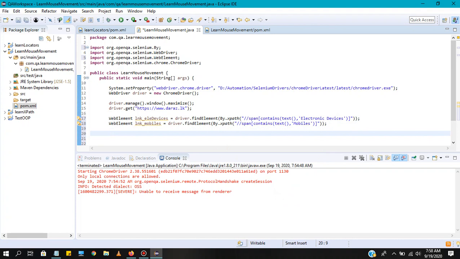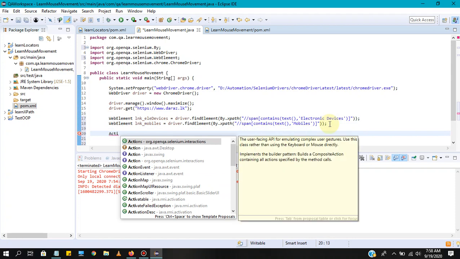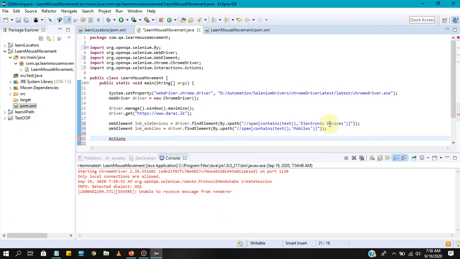Now we need to use the Actions class provided by Selenium, right? So just type Actions, AC, hit control space, you will get this Actions option. This will be provided by Selenium. Just hit enter, Actions action equals new Actions, and inside that you need to pass the driver reference.